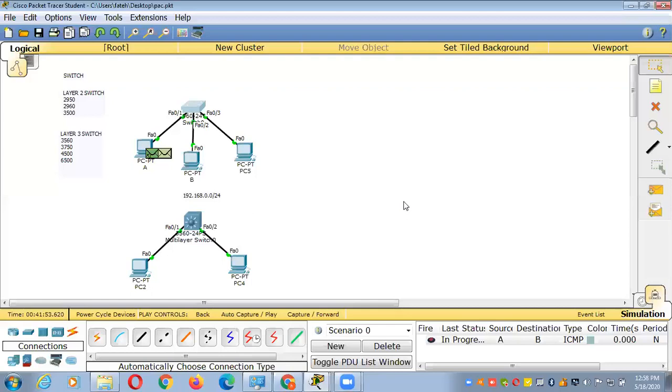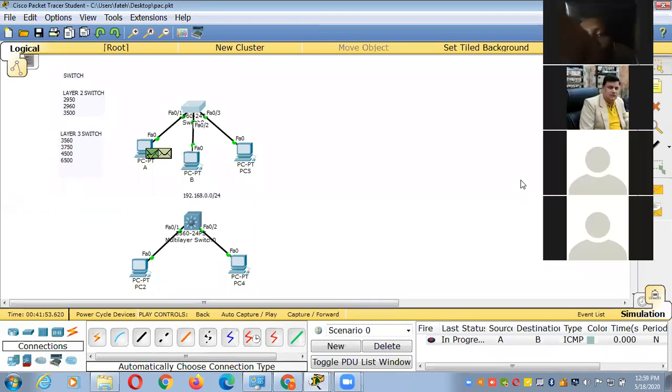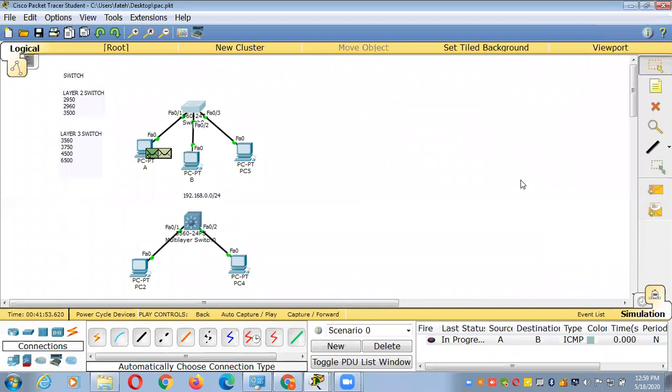So my next question is, how does it use unicast when the switch broadcasts all the messages to all the ports? Are you asking me a question?